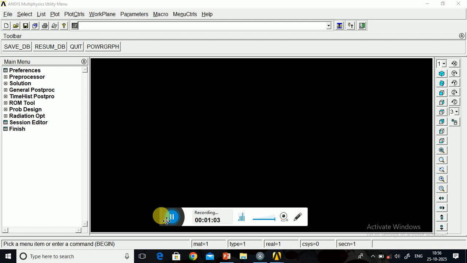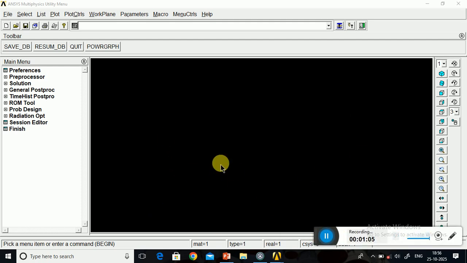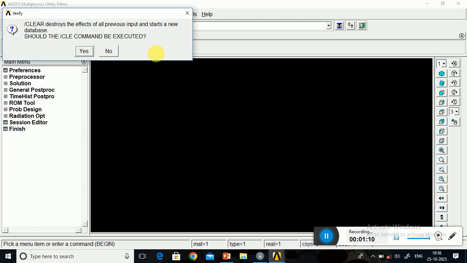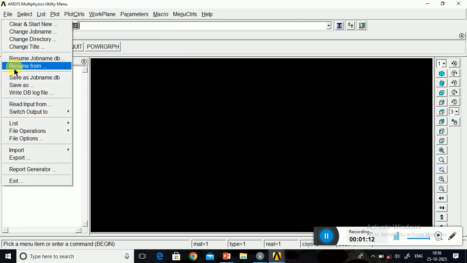So first we have to model the beam, which is the cantilever beam. The first step is here, start new, then save as the project.